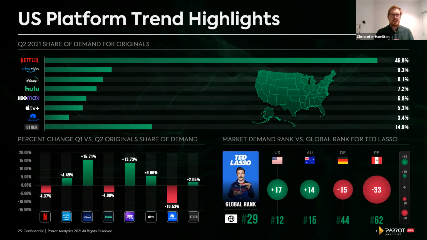Of course, no surprise, Disney Plus is the big winner this quarter, up almost 16% from where it was. We see HBO Max and Apple TV Plus, strong growth there. Again, like we've noted globally, Amazon Prime Video also seeing growth. The biggest loser this quarter was Paramount Plus, down over 10%. And like I mentioned, that's because no new highly in-demand Star Trek content this quarter, Q2. So you're really seeing its demand share take a hit because of that.